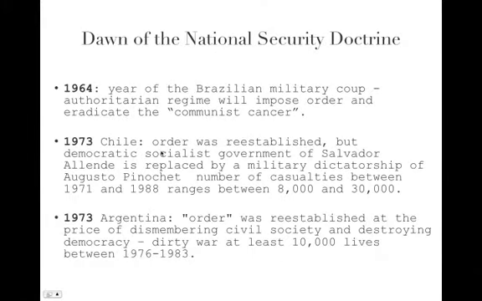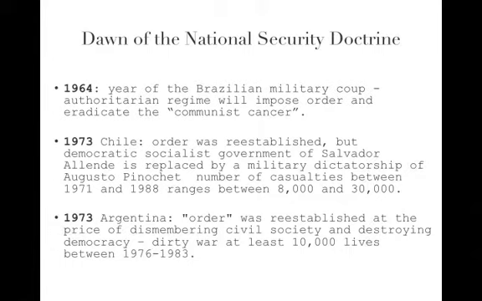These treaties in which the United States promises to come to the aid of any country that finds itself faced with the threat of communism is the dawn of the national security doctrine. This is the doctrine by which the United States would act on any foreign territory in order to protect its national security. And in Latin America, it has three distinct moments that we can identify as being directly connected to this.